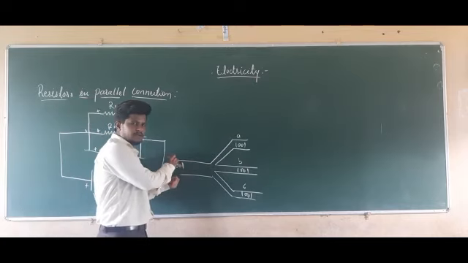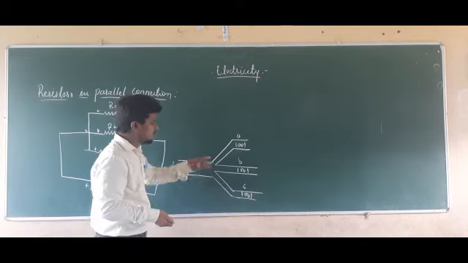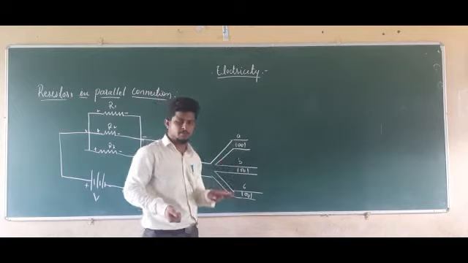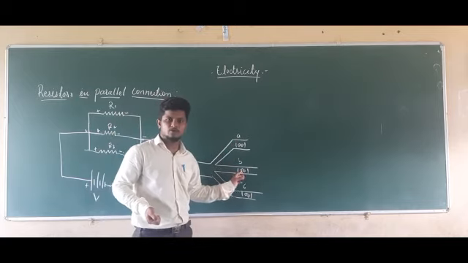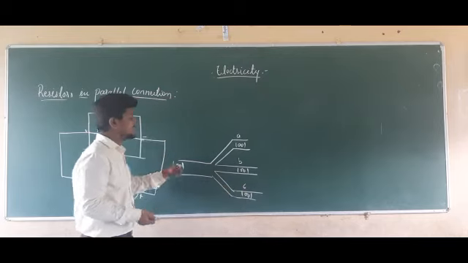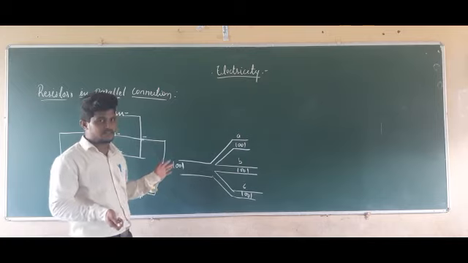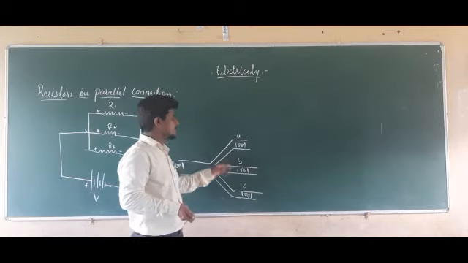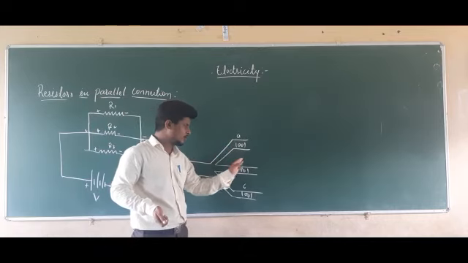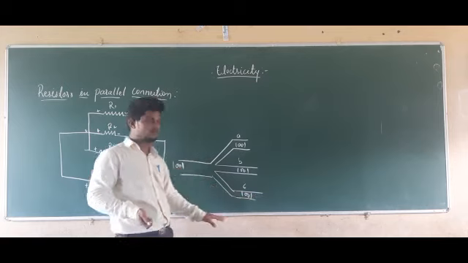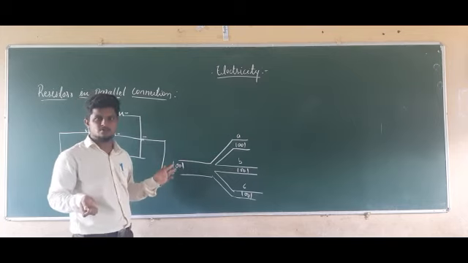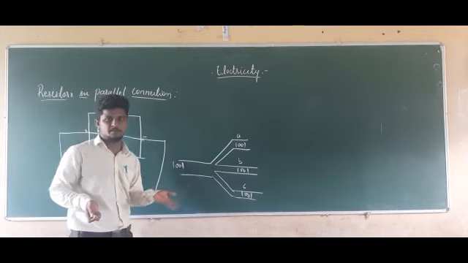So whatever water we are providing here is going to divide into three cases, A, B and C. Some amount of water from the 100 liters is going to go into pipe A, some amount into pipe B, and some amount through pipe C. So the water is dividing here. The total water going through A, B, C is equal to the total water. So the water from A plus the water from B plus the water from C is equal to the total water. Whatever water is provided here is divided into three parts.